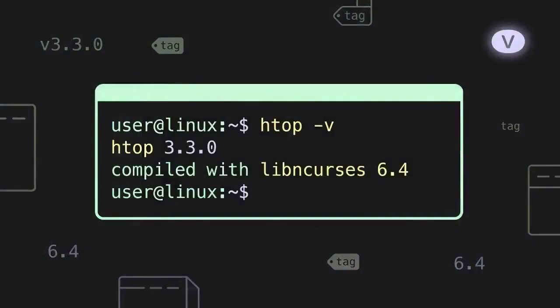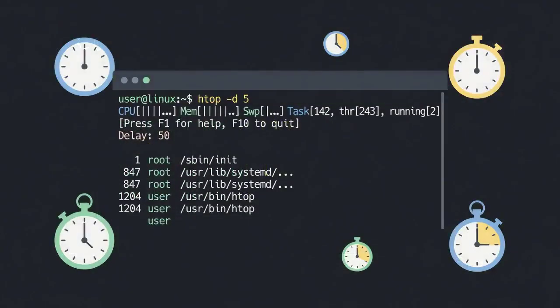The -V flag prints htop's version and build information, then exits without launching the interface. It's the fastest way to confirm htop is installed, and to check which libncurses version it was compiled against. The -d flag sets the delay between updates in tenths of a second, so -d 5 refreshes every half second. This is useful when you're on a remote host and want to reduce bandwidth, or when you need slower updates